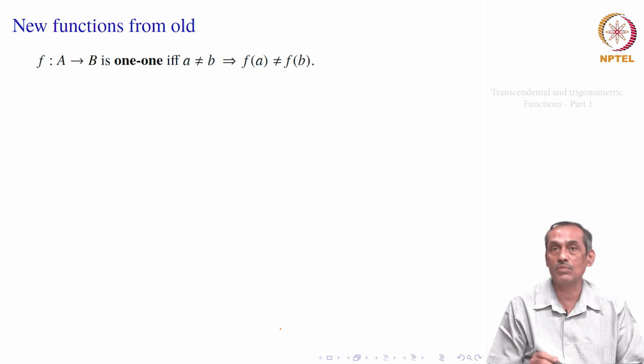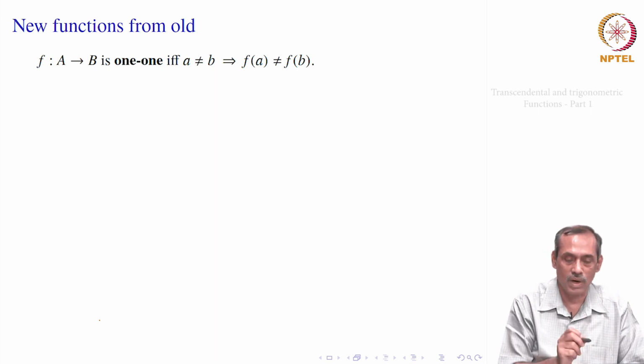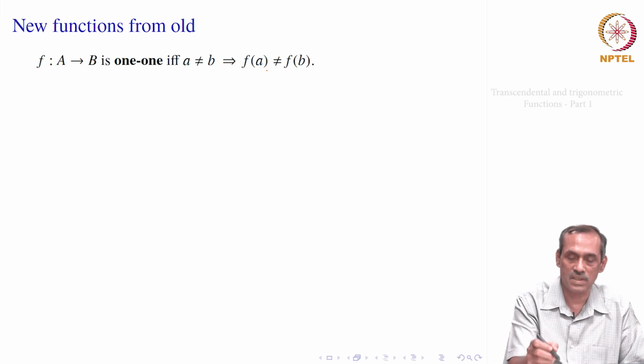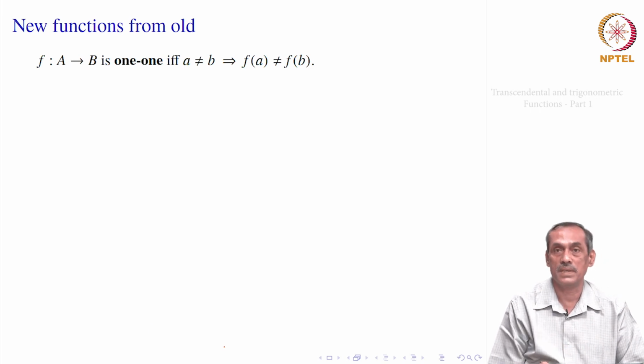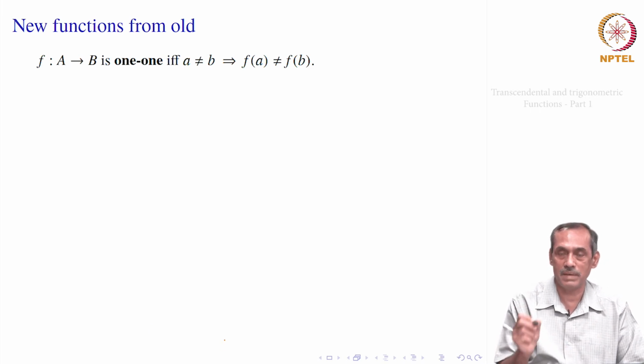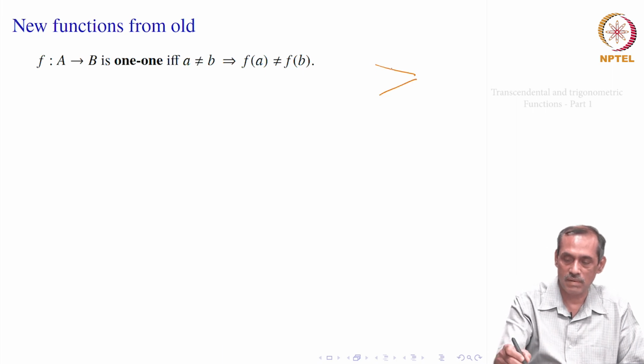That is what f does. That means whenever A is equal to B, think of distinct things that have become equal, f of A has to be equal to f of B, which we also express the other way: f of A is not equal to f of B implies A is not equal to B. Such a function we will say is one to one if and only if the reverse condition is satisfied, that if A is not equal to B, then f of A is not equal to f of B, which means two different elements A and B cannot be mapped to the same element on the other side. So, this kind of thing will never occur.